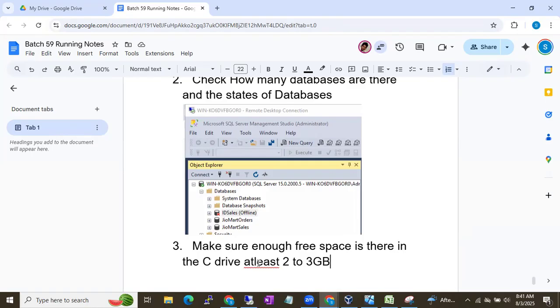They are going to add the storage, or they are going to clean the C drive so that you will have extra free space. Okay, and then you can proceed with the patching. And the next pre-checklist is